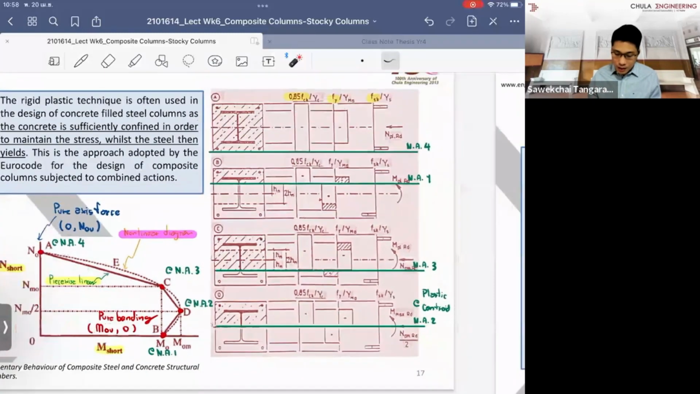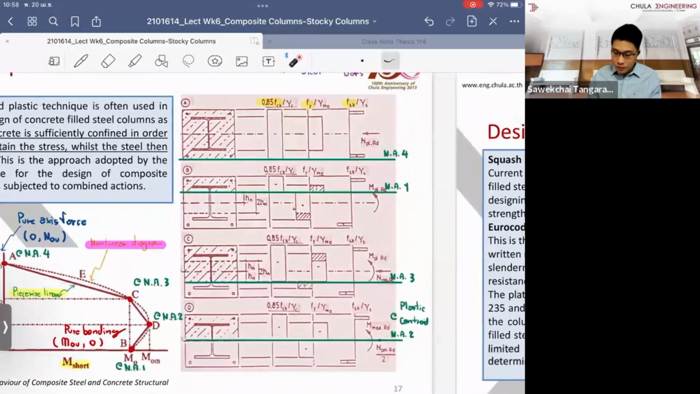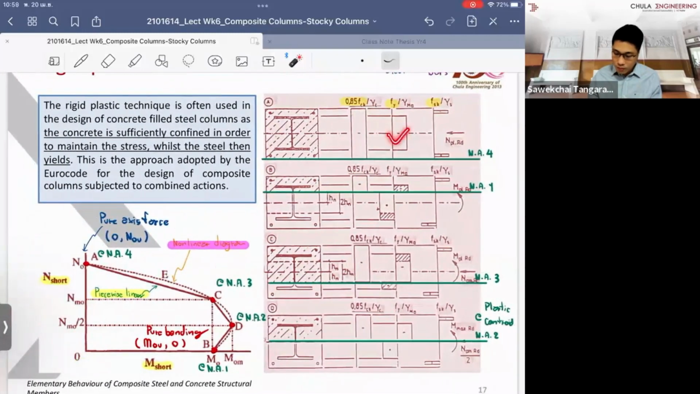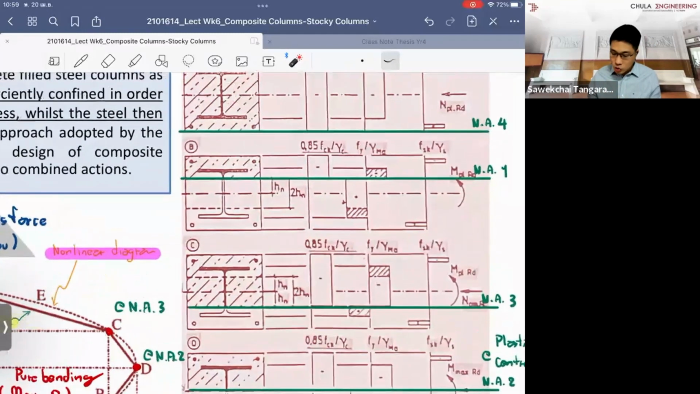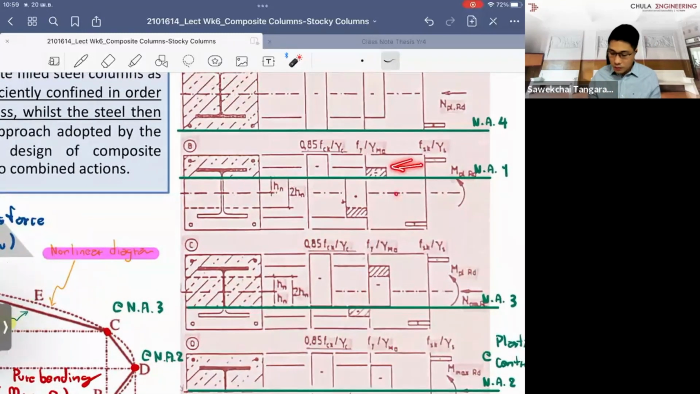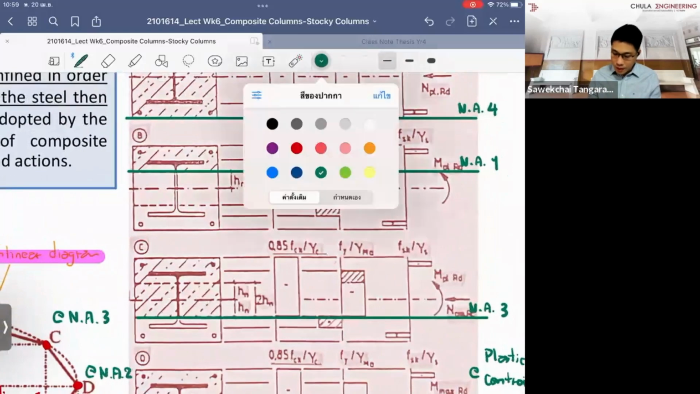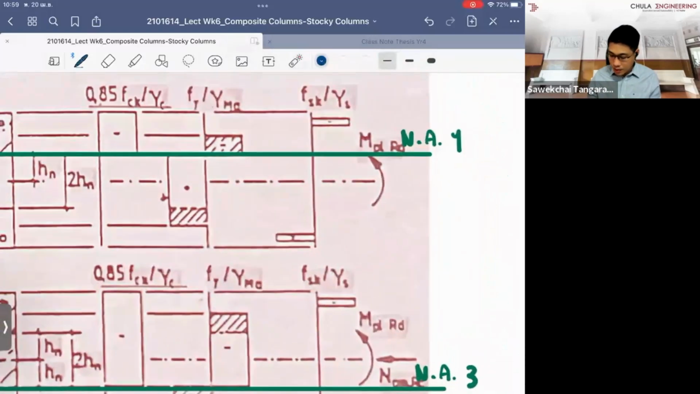So when you calculate the interaction diagram, the first thing you have to calculate is the full pure compression force. The second point, you have to calculate the full bending capacity by assuming that the compression force and the tensile force are equal, right? So that's why I just make the comment here in this point, the sum of the compression equals the sum of the tension. So that's why you would have